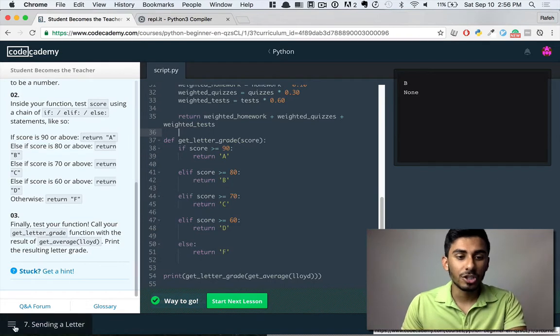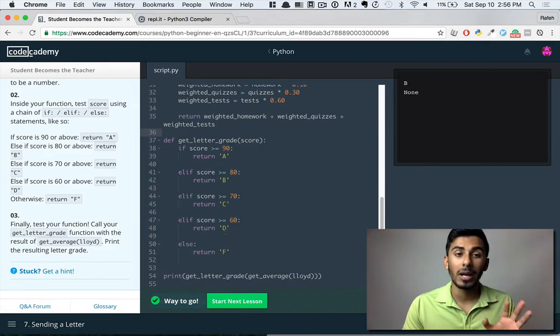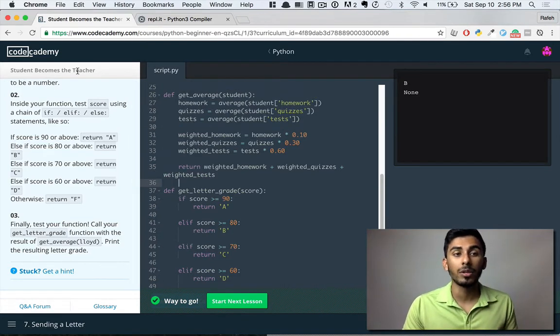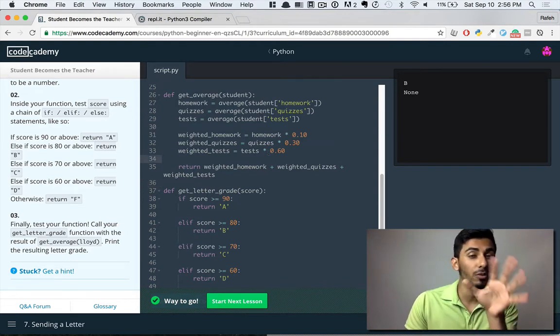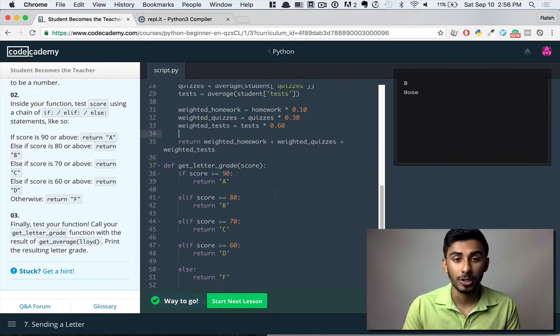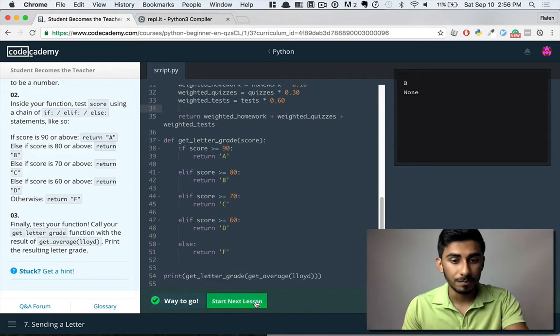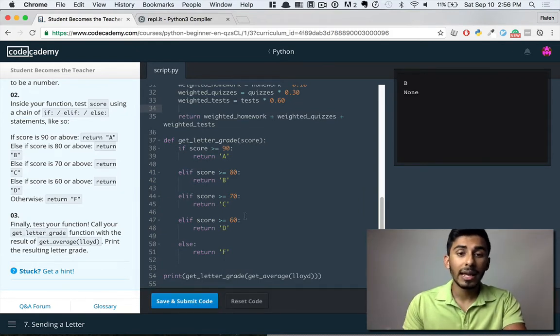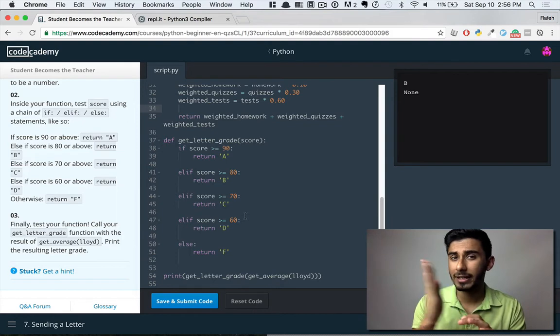So let's check out, well, we don't need to check out where we're at because we know exactly where we are. We are in student becomes a teacher, which is roughly about 40% completion. So let's get through it. Start next lesson. And keep in mind, don't just think of it like, oh, I got to get to 100%,